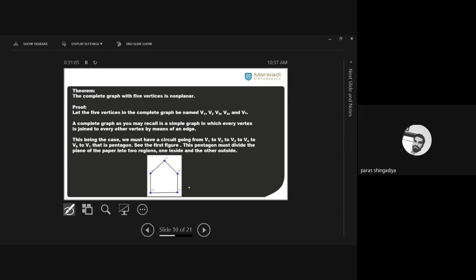You can also take A, B, C, D, and so on. And then connect all the boundary vertices, and you will get one of the circuits. Which circuit? V1 to V2, V2 to V3, V3 to V4, V4 to V5, and V5 to V1. It will follow one cycle here, and it looks like a pentagon. It is a pentagon using 5 vertices, which follows one circuit. That is the first step. Each has degree 2 now, and still some more edges remain to connect. So let's connect them in the second step.